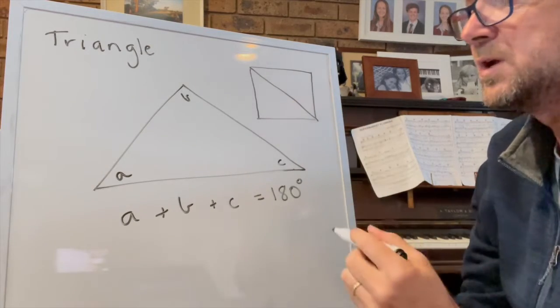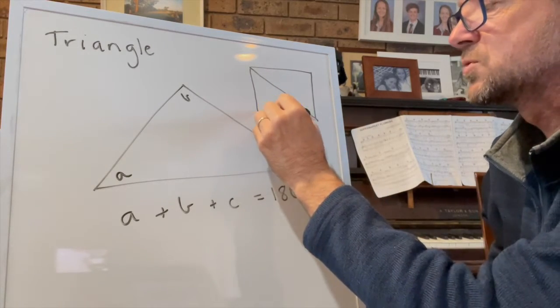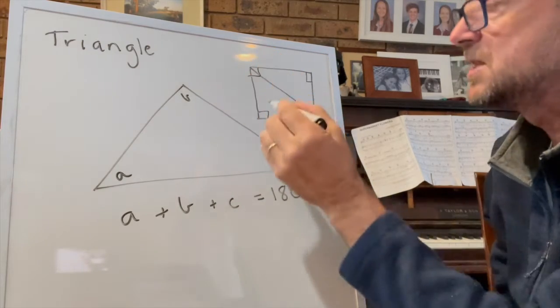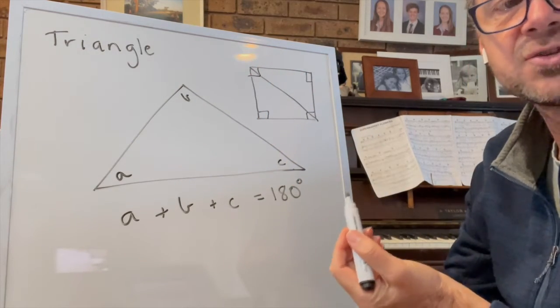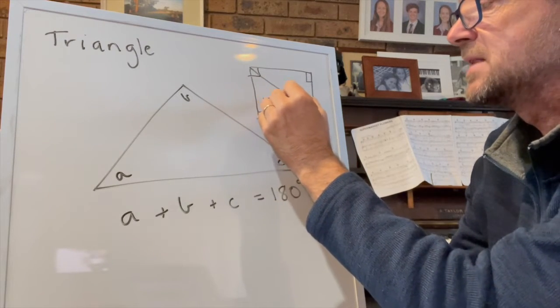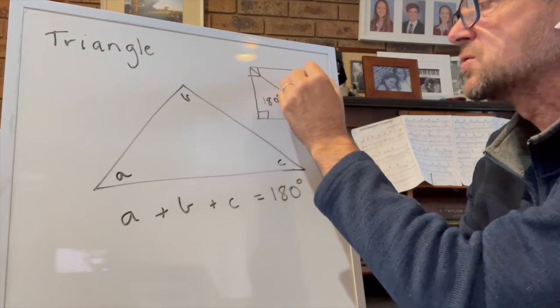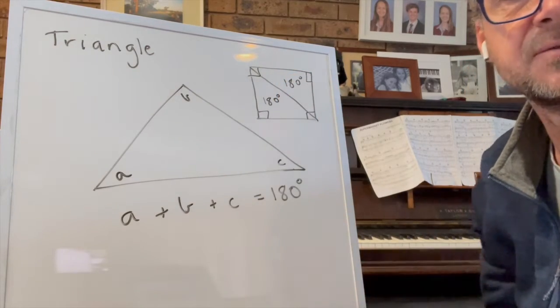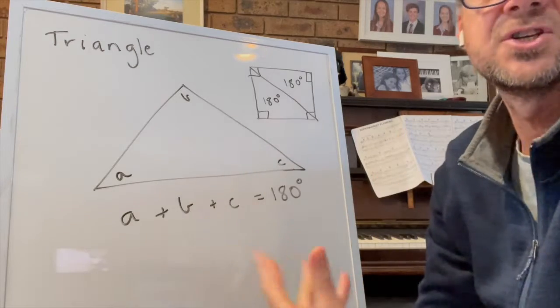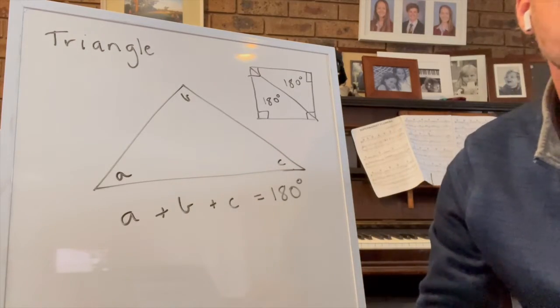What we know with these rectangles or squares is that each of the corners has a right angle. So 4 lots of 90 is 360, and half of 360 is going to be 180. So 180 in that triangle and 180 in that triangle, giving us a total of 360 for the entire rectangle or square. So we can apply that knowledge to every one of our triangles when we're trying to calculate what the